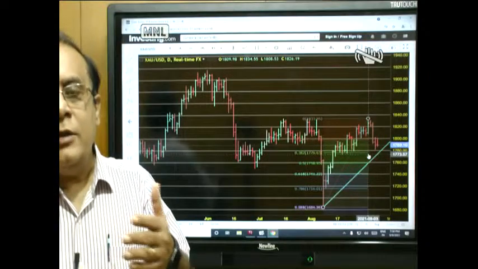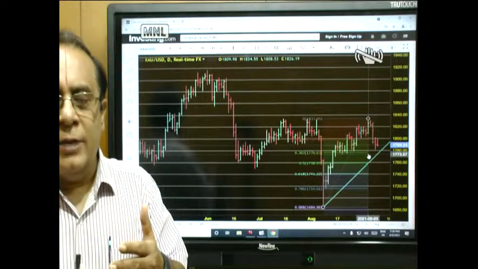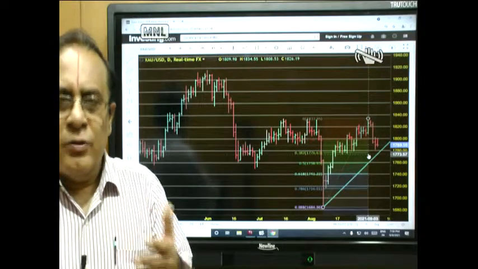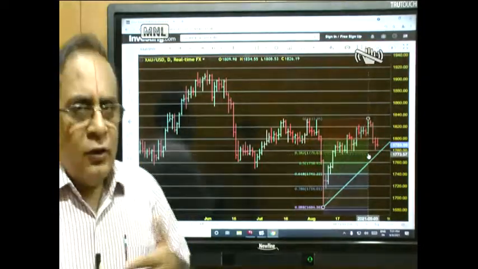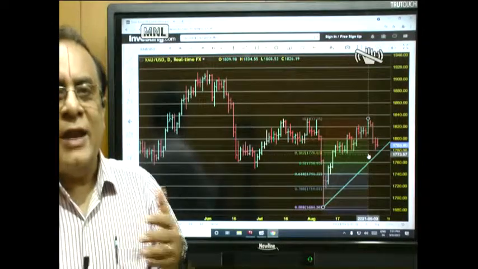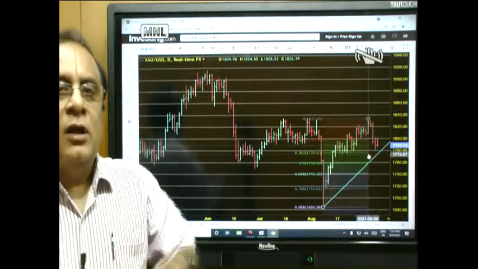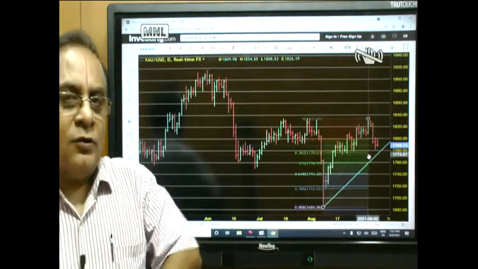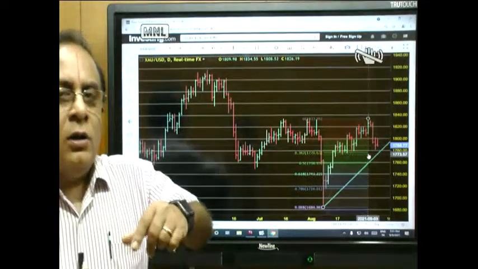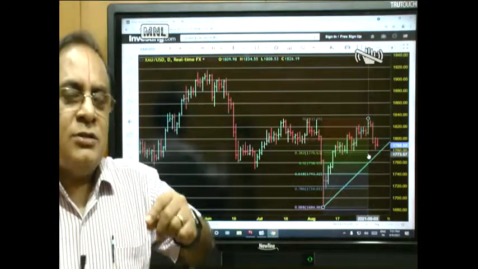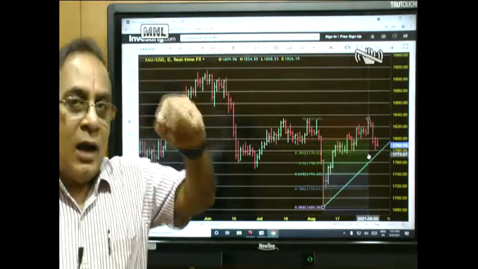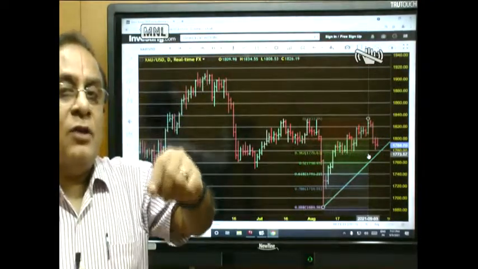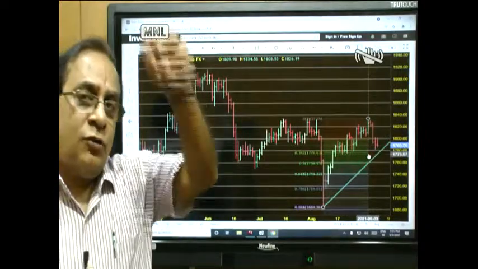So 60 points into 0.382 is around 20. So probably if at all there is a rally, we could expect some resistance to come closer to 1810, 1814, 15 levels. And then we have to see how the market works. So if it is from 1774, then there could be a chance that it could rally from 1774 to 1810 or 1814, and then a complete trend change has to take place around that place before it knocks off above